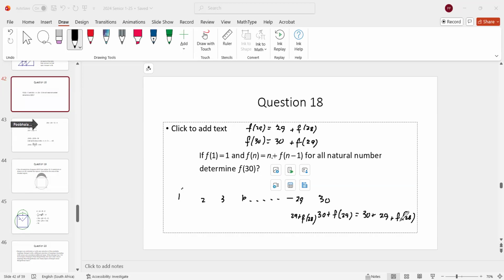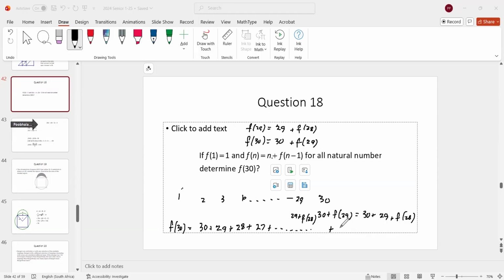If you keep going on like this, f of 30 will be 30 plus 29, plus 28 plus f of 27. F of 27 is 27 plus f of 26. So you keep coming down like that